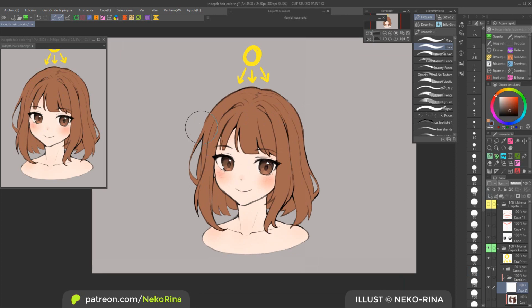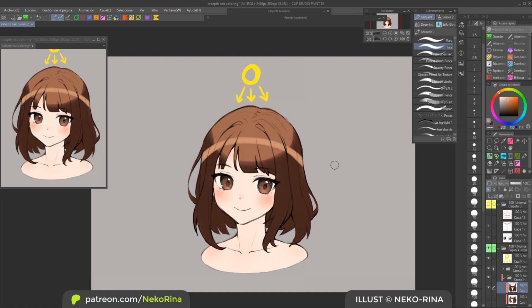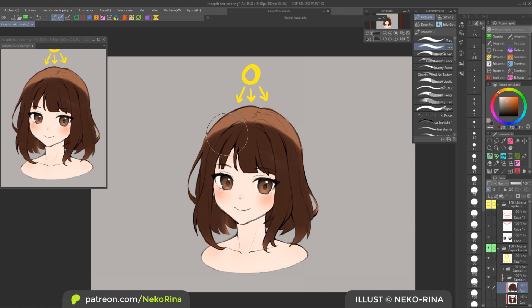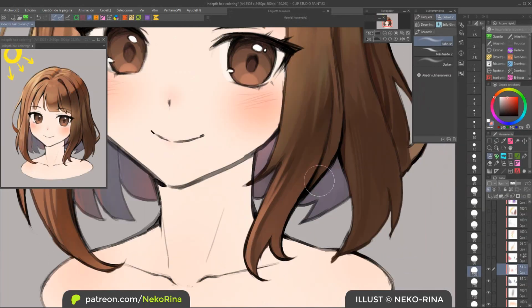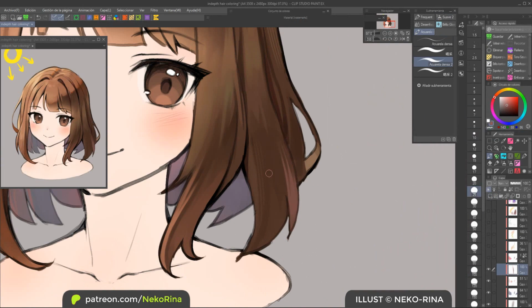If you bend the shadows one way and the highlights the complete opposite way, you're making it a lot harder for the viewer to read the 3D shape of the hair. I know some artists paint their hair like this, but if you allow me to voice my opinion, it doesn't look good, in the sense that it messes up with the 3D sense of the head. I don't mind it at all when it's a more cartoony style.